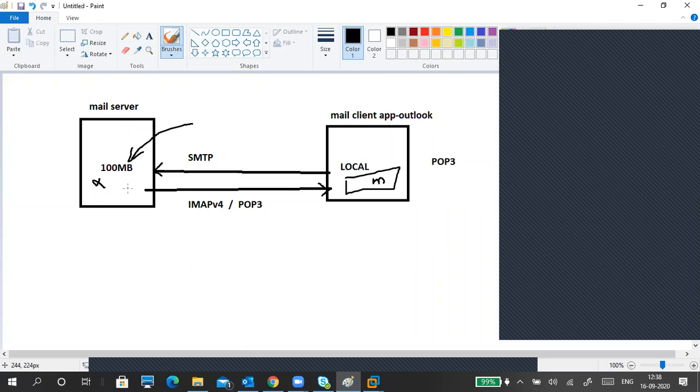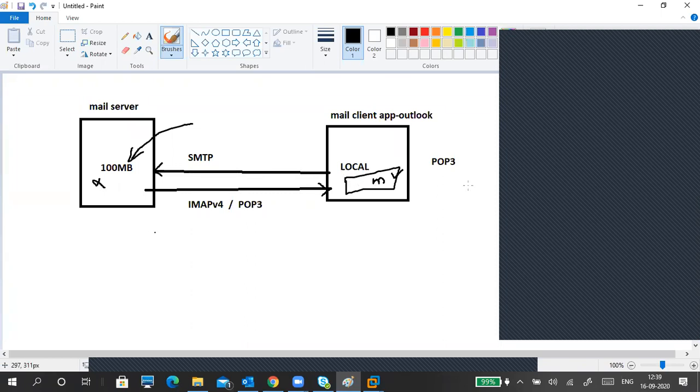There is another configuration. It is not compulsory that it happens like that; we can't say so. It depends upon the mail server configuration and the client configuration. You can configure it so that whenever I download a mail, it is deleted from the server. That's one configuration. Another one is: whenever I download the mail, delete it from the server after 4 days. It means for the next 4 days it will still be available on the mail server. It depends upon the mail server configuration and mail client configuration.